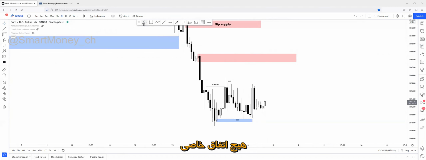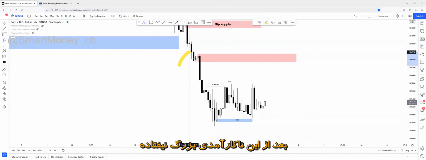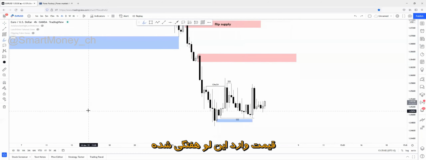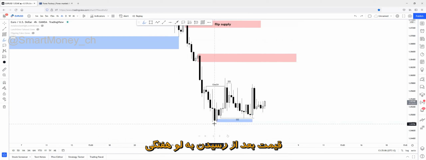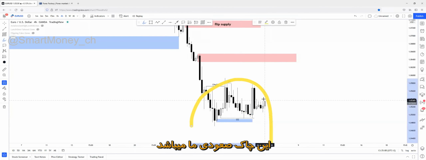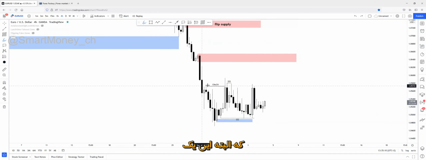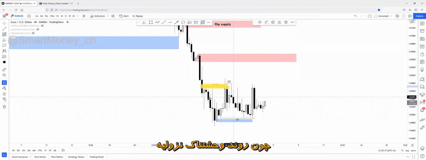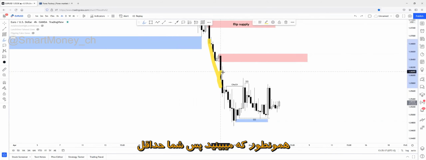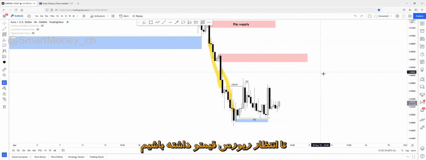As you can see on the 4-hour chart, nothing is really happening. After the huge inefficient movement to the downside, price has tapped into a weekly low point and couldn't break below it. Here was a change of character to the upside, but it was weak. You can't really count this as a change of character because the trend is extremely bearish, so you need at least a strong change of character to actually reverse price.